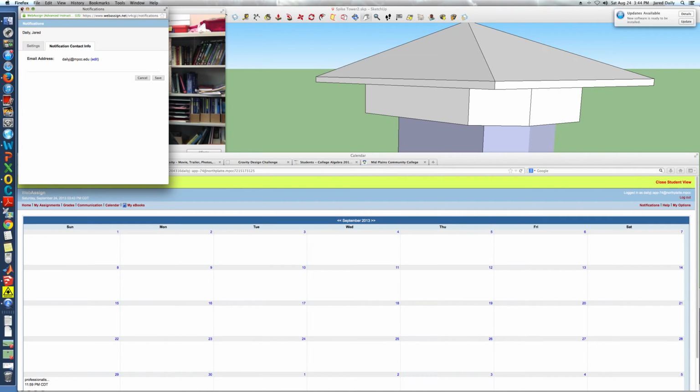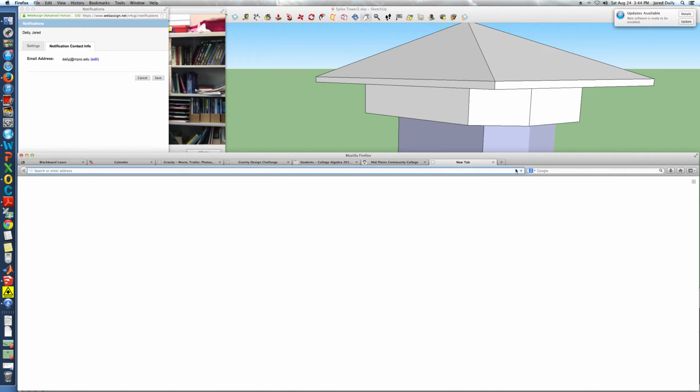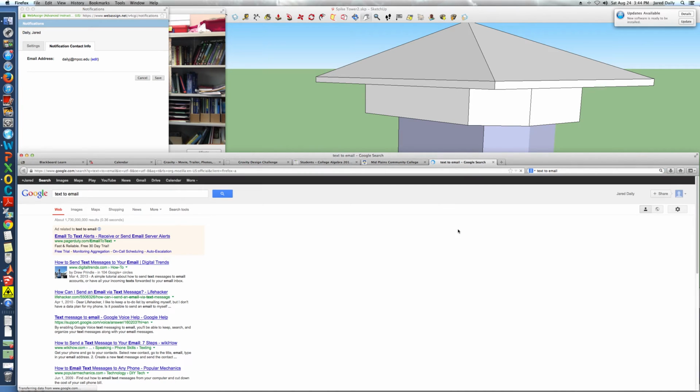And every cell phone has an email address. So if you just go online, go to Google, everybody's favorite search site. There we go. Go to Google, and if you put in text to email or email to text, one or the other. How can I send an email via text message or text to emails one way or the other? You get